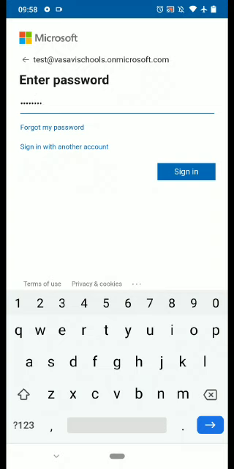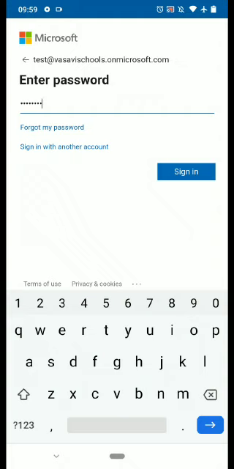Now I have given my password. Don't give any room for any kind of error, because once you attempt twice with the wrong password, your ID will be blocked. It's very difficult to retrieve your password and give it to you. So be very careful while entering username and password.